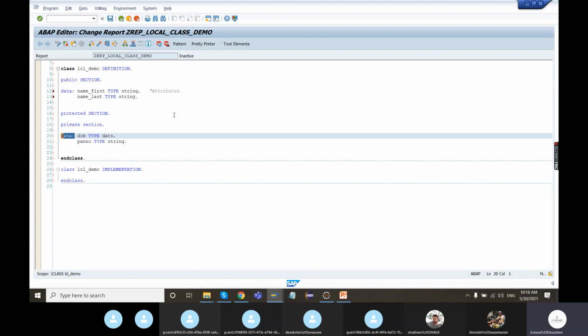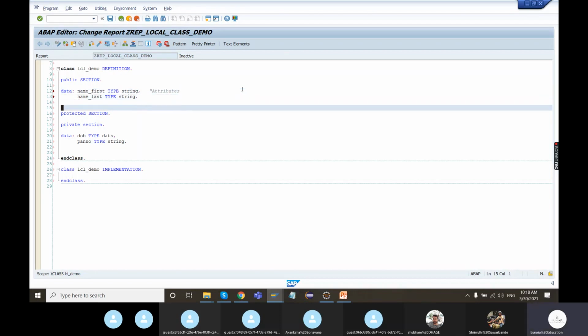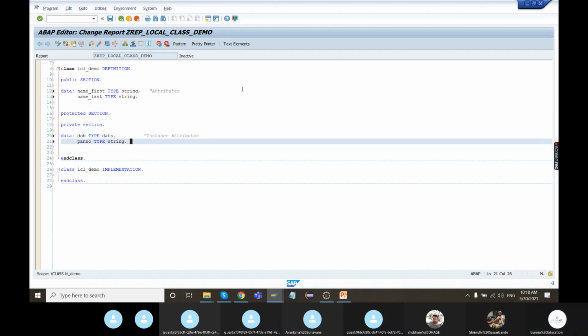There are two types of attributes in the class. The first one is called instance attribute. The second one is called static attribute. What I have declared are called instance attributes.